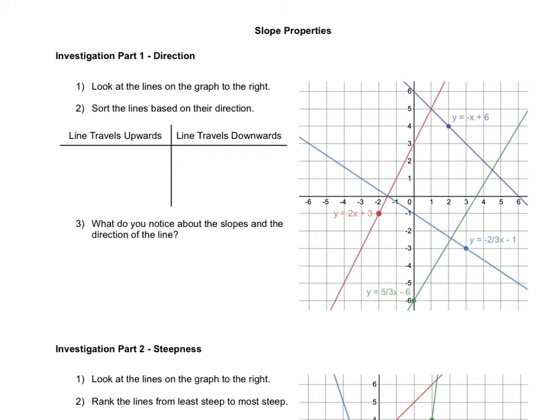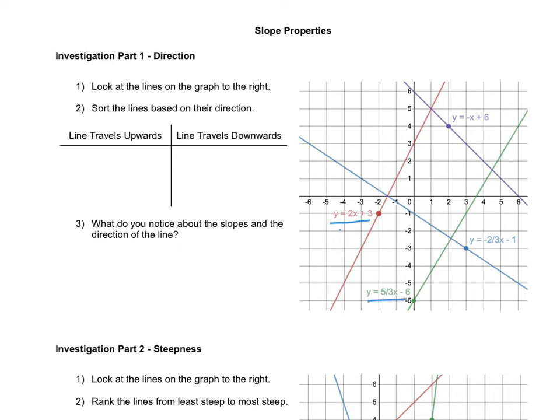In this video, we will be looking at a few different slope properties, like direction, steepness, and if lines are parallel or perpendicular. So we'll start off with direction. I have 4 lines on this graph, and we're just going to sort them as traveling upwards or downwards. And when I say upwards or downwards, I do mean reading the graph from left to right. The ones that are going upwards would be the red line